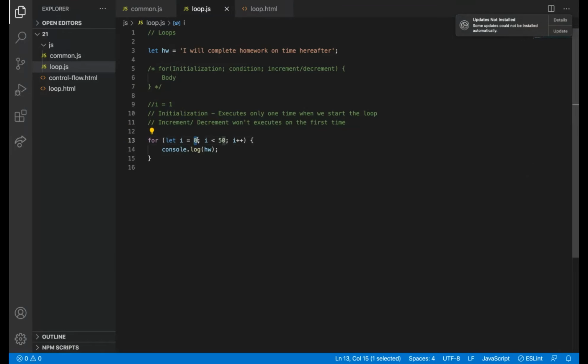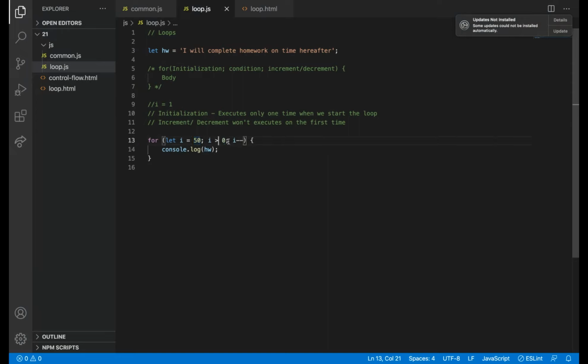I can say initialization of I as 50, and then the condition, and then minus minus. So it will perform the same. It will initialize I equal to 50 and then check whether I is greater than 0.